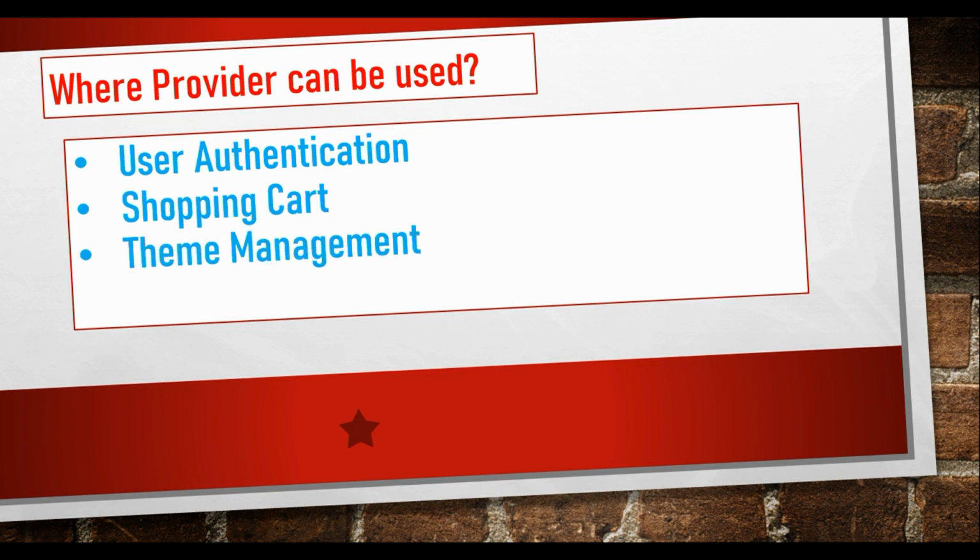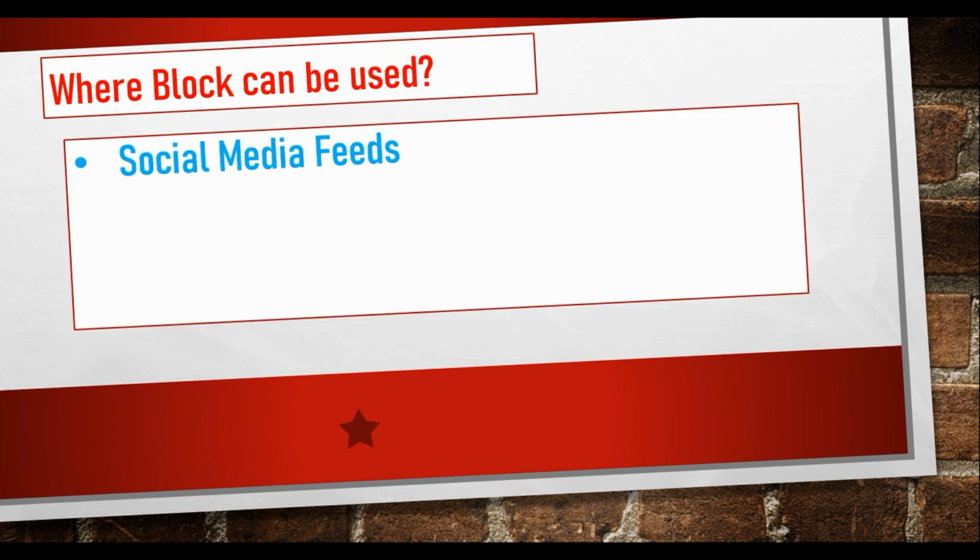Theme management: switching between light and dark themes throughout the app, with changes instantly reflected in all UI components subscribed to the theme state. Localization: handling multilingual support by managing the current locale and providing localized strings to different parts of the app. Two, Bloc. Social media feeds: handling complex logic for fetching, caching, and displaying social media feeds